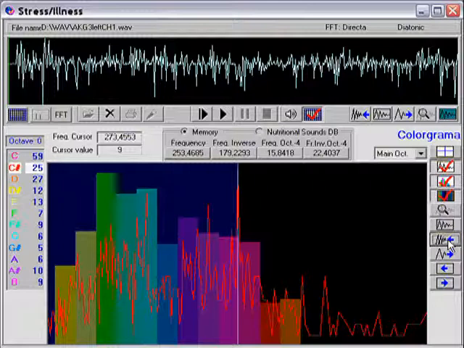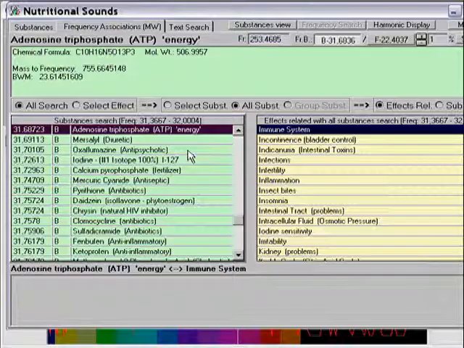That is what the FFT tells us. So we have to decide what one type of analysis tells us compared to the other one. So this frequency, we would not have picked it up in the FFT, but we do pick it up in the cologram, and on the Nutritional Sound database,